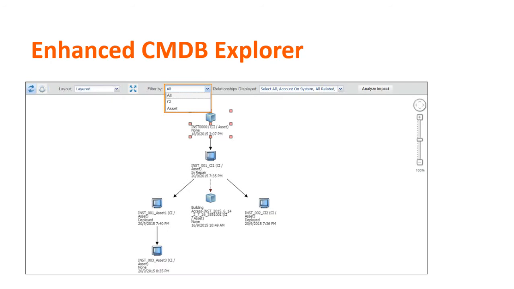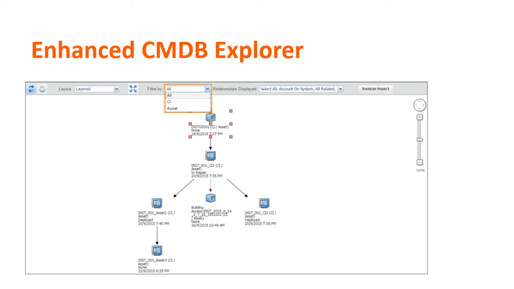When both CI Management and IT Asset Management are enabled, the CMDB Explorer displays related CIs and assets and the available CI to CI, CI to asset, asset to asset, and asset to CI relationships. From the Filter by List on the toolbar, you can select options to display both CIs and assets, only CIs, or only assets and the corresponding relationships.